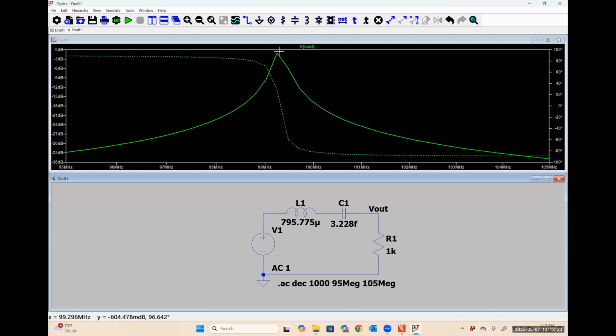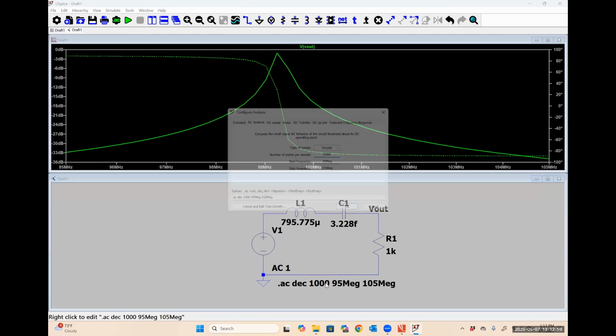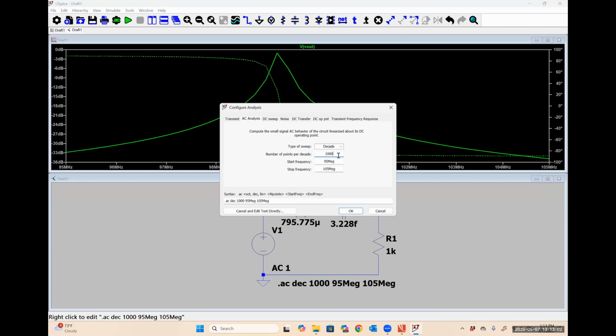So if we looked at just this graph right here, we would erroneously infer that our output never actually gets all the way up to the value of our input signal. That can happen for some filters, but we shouldn't expect it on any of these simple first and second order filters. The peak value should always be a 1-to-1 ratio between input and output signal. So we accidentally throw away a pretty considerable amount of information for this circuit by not having enough data points for each decade. When we get it back up to that 1 million, actually that would be 1 billion,